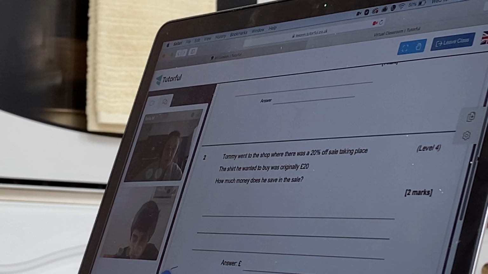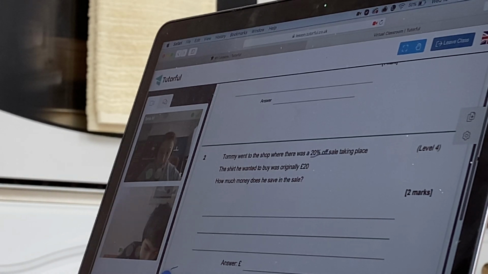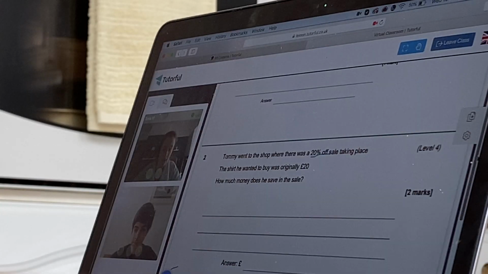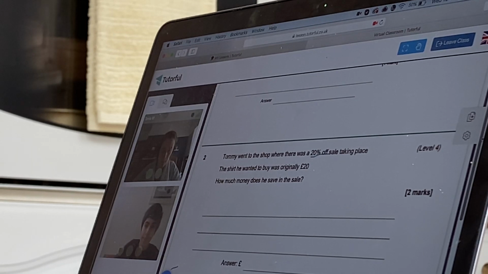Okay, fab. So it says Tommy went to the shop when there was a 20% off sale taking place. So this time we've got a percentage already. The shirt he wanted to buy was originally £20. So this is what I was talking to you about at the end when I did it in green. How much money does he save in the sale? So first we need to figure out what the price of the shirt is now that it's 20% off. So the way that we do that, we convert that